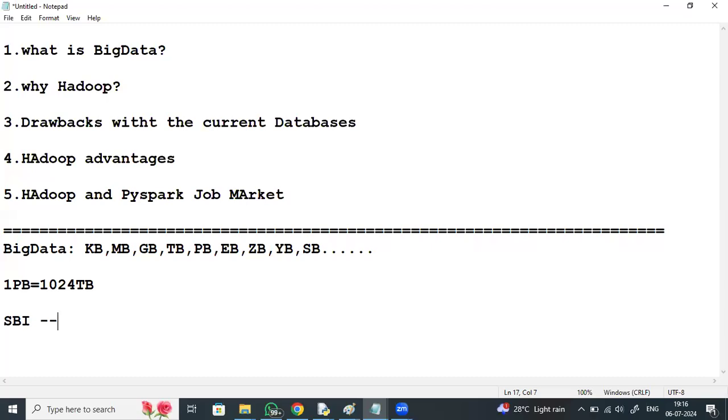In each branch, millions of customers, each making multiple transactions per hour, per day, per week, and per month. A lot of transactions, and huge data is getting generated.